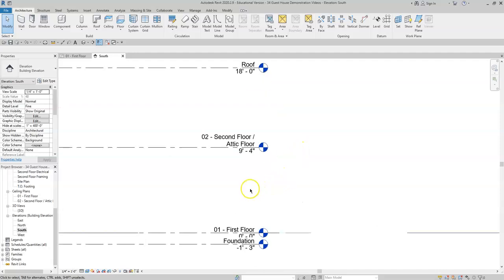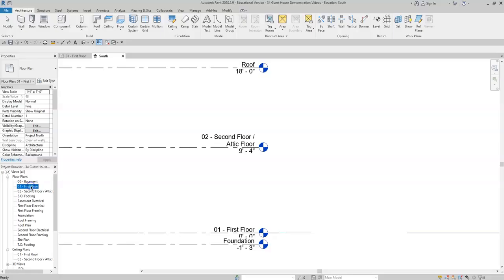Now on our template file, I preloaded the floor levels and the heights for you. Please verify that the first floor is located at 0, 0, that's the elevation, and that the second floor is located at 9 feet 4 inches above the first floor. Once verifying this, we can go back to the first floor view,